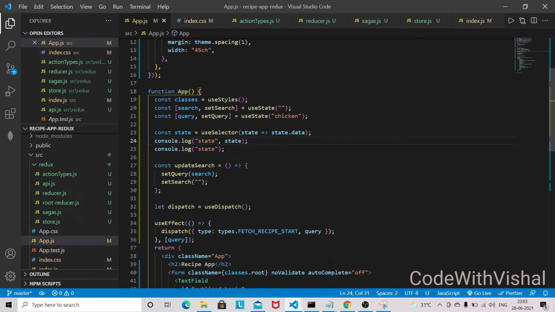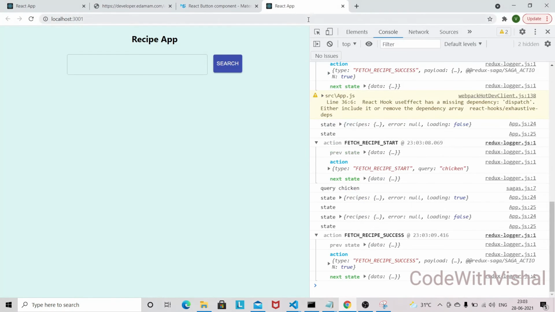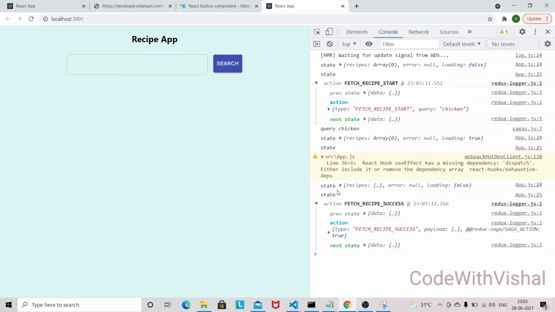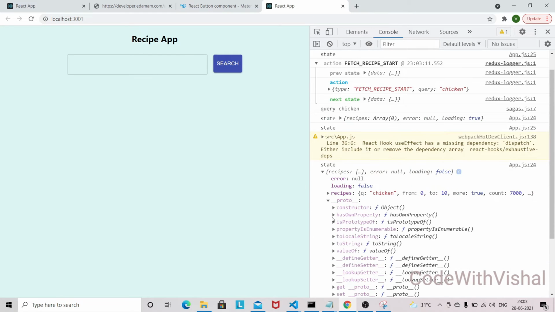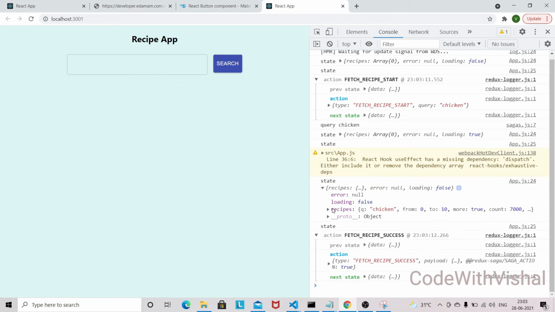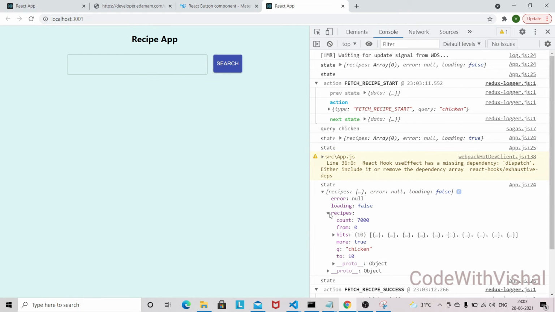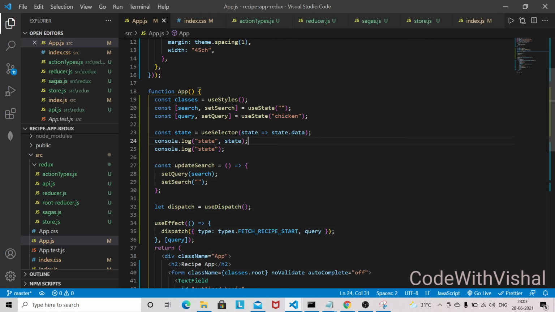So let's go into the browser and in the state we got the recipe here. So we are going to directly destructure the recipe here. We are not going to do it this way, we are just going to destructure the recipes.